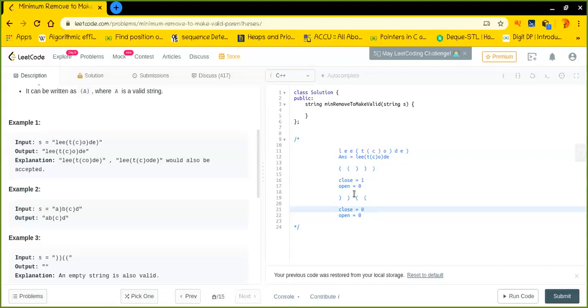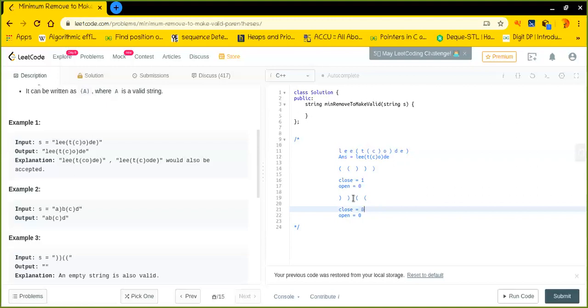So basically, whenever I hit an opening bracket, there must be a closing bracket present after it to determine that yeah, this might be a valid parenthesis pair. So see, there are no closing brackets left.